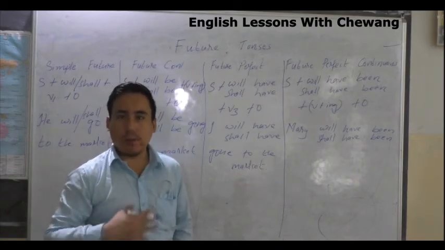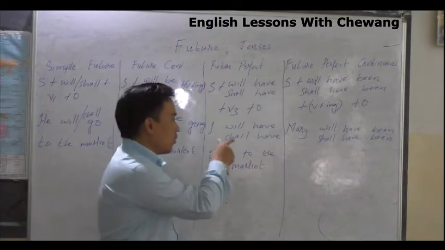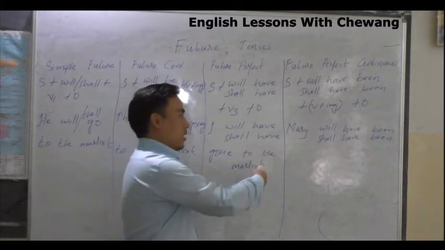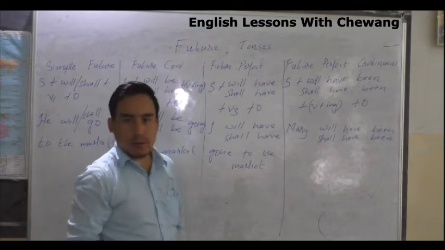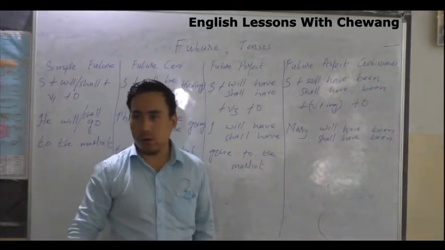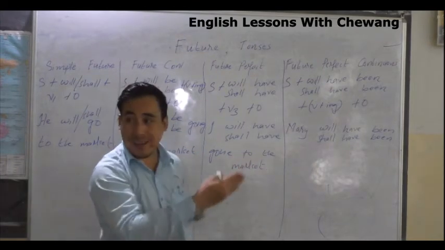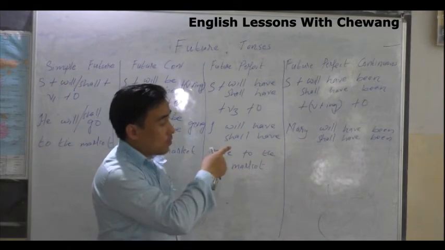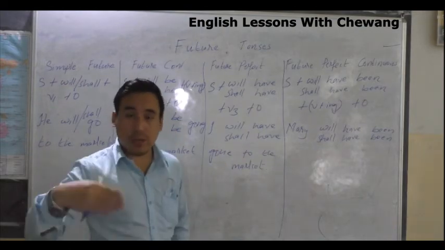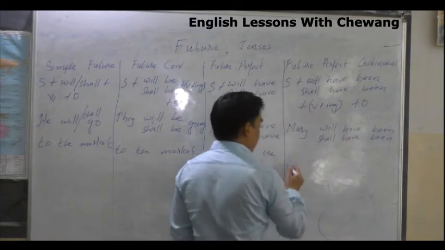No, but we are more inclined to using will, right? So in this case, you can use will, but that doesn't necessarily mean that you cannot use shall. No, it's not like that. Okay, alright. Whatever way you write it, if it is will or shall, you're going to get marks by any means. Okay, so Mary will have been